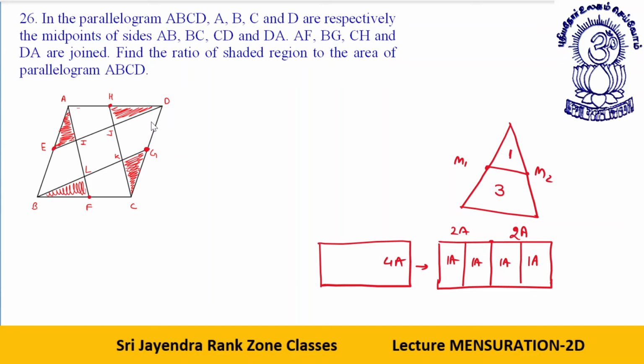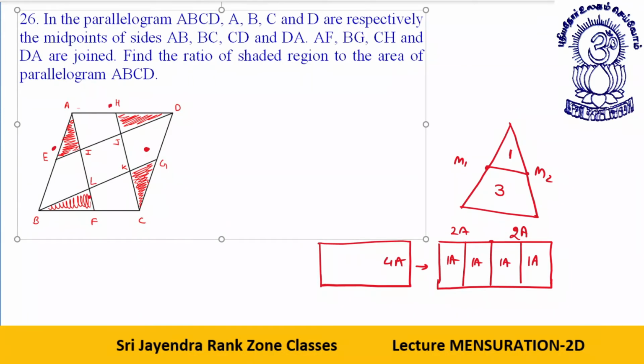Before I further proceed, let me increase the size of the diagram further. Okay, these are the midpoints. I've already told you, no problem. Now let's say I join this. This line is parallel to this line. So if the area of this is 1, the area of this will be 3.